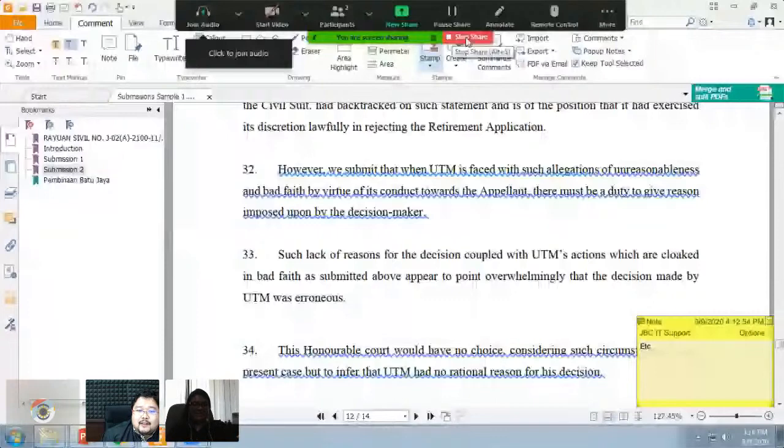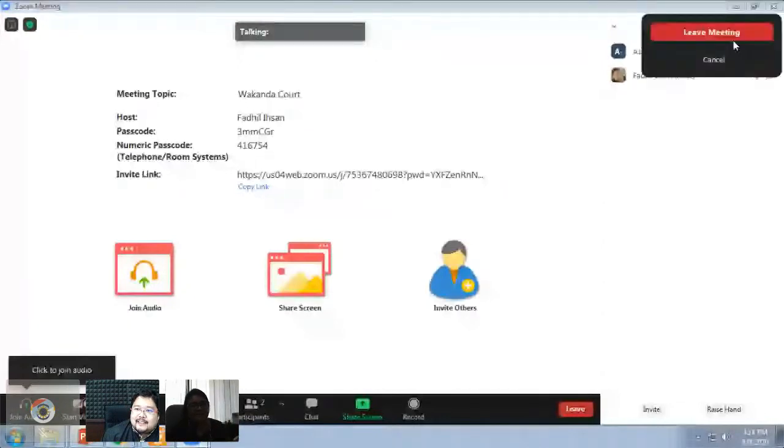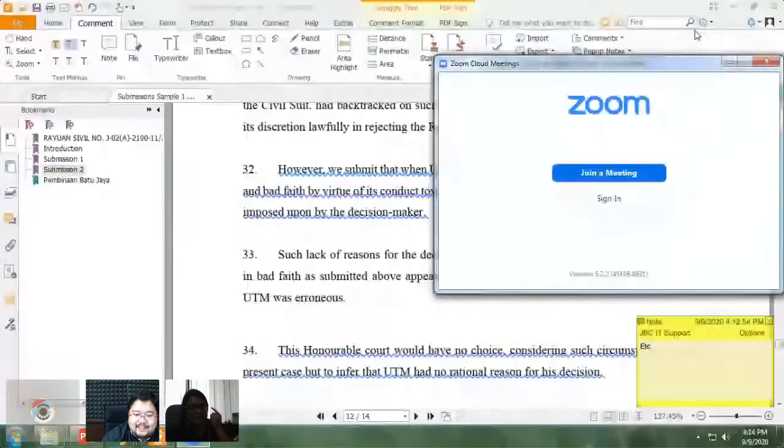They can't, and then you'll be like me, trying to wave and get their attention in the middle of the court to say, stop sharing screen. I see. Yes, so the polite thing to do is once you're done, end your share screen immediately. And at the end of it, leave the meeting as well. Okay, I guess that's pretty much it.